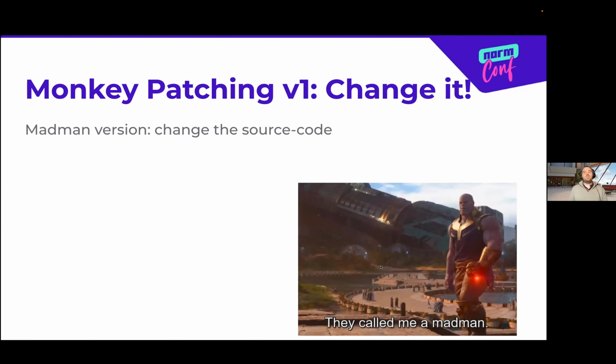This is not monkey patching, but this is sort of the madman version 1 of it. This code doesn't work the way I want it to. I'm just going to change the code. Of course, maybe this is very obvious to you. It was not obvious until I tried it once.